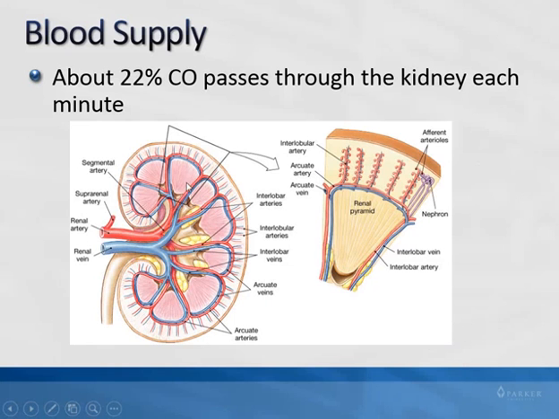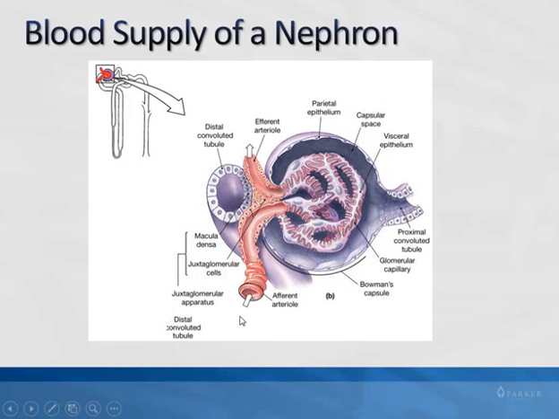Then it kind of makes a little arc. That arc is kind of the fine line between the renal cortex and the renal medulla, and those vessels are called arcuate arteries. Again, you can see just by it makes a little arc. Then you start going up into the cortex, the interlobular. This is where spelling could get you. There's a difference between an interlobar and an interlobular artery. The interlobular arteries extend up into the cortex, and you can't see very well here, so I'm going to move to the next picture. After you have the interlobular, eventually you have the afferent, with the A, arterioles, and then